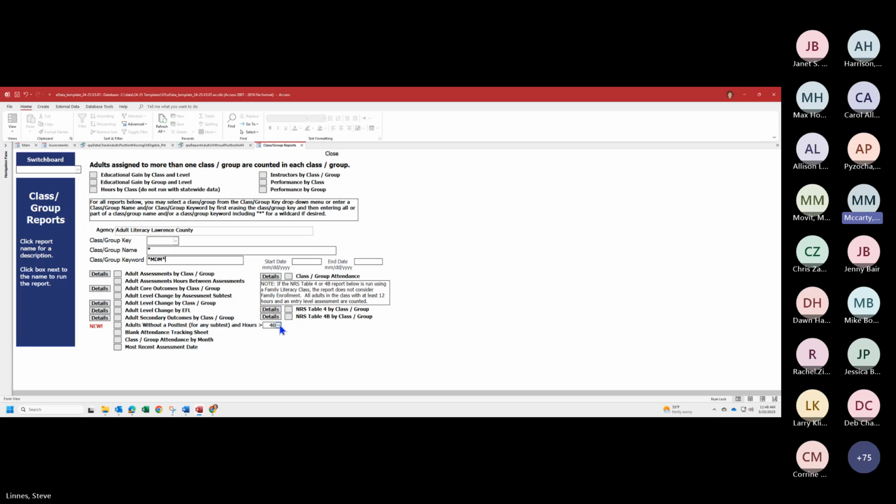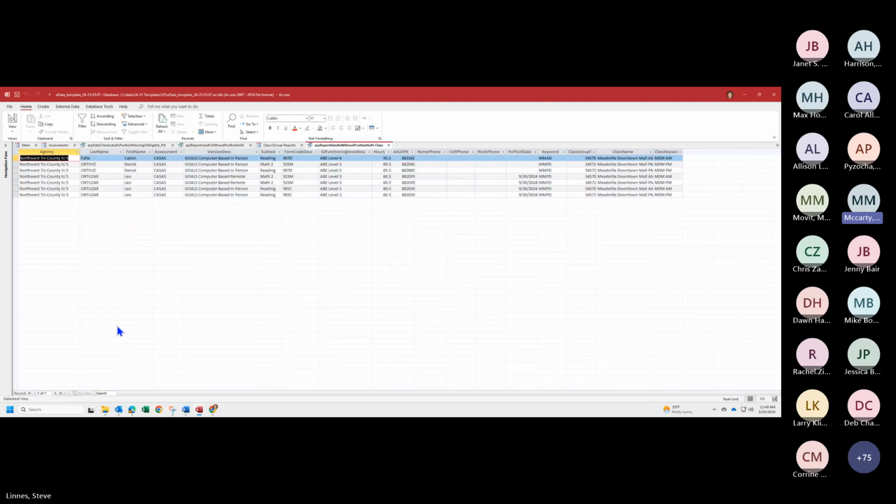Now we don't have this set up, so it probably won't work, but let's say I wanted to do 60 hours. Perfect. So Steve now configured it where when we click that button, we might get nothing because oh, look at that. That worked. Wow. So let's say my initials are in there. And so there we have a list of the individuals that I might need to take a closer look at